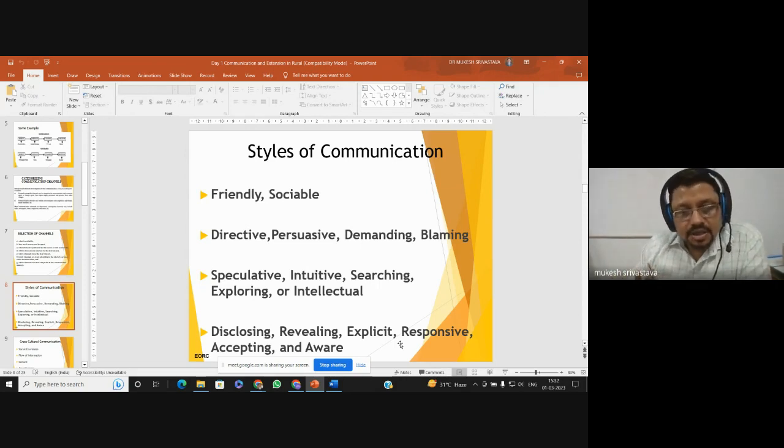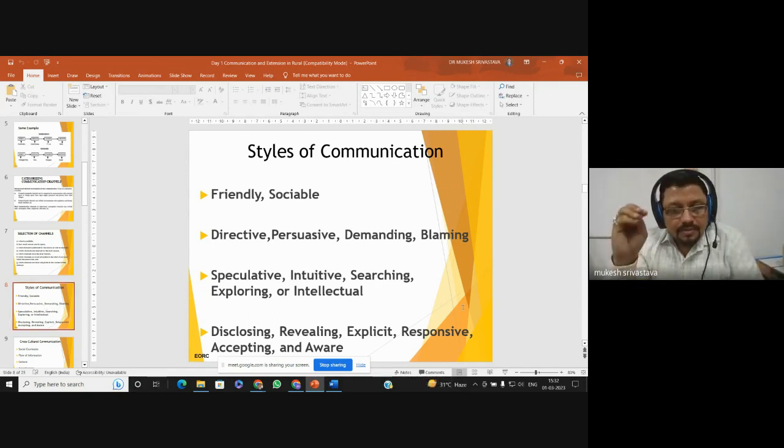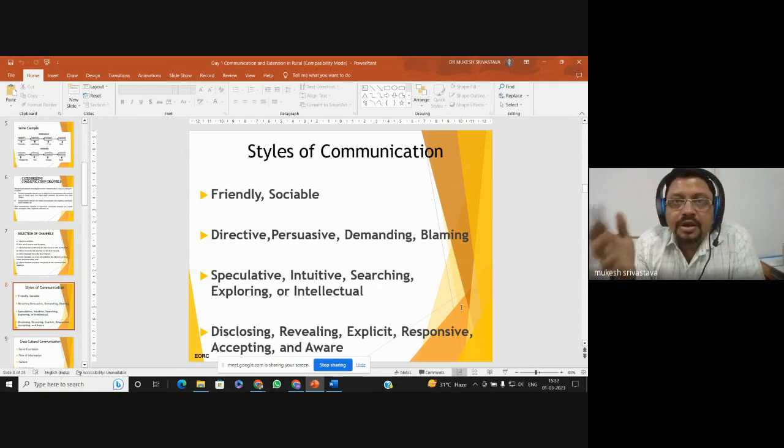The last style of communication is disclosing, revealing, expressive, responsive, accepting, and aware. That means I'm talking about information or messages that we have, and that information is not with that villager or person. What we will do in that case is share as much information as possible. I will disclose all the facts related to that particular thing. Like, if I'm talking to some villager about farming, I will see what practices that person is adopting, and what kind of practices we can share with them. Or if there are some wrong practices in their farming, we will try to correct those practices and give them the right information,